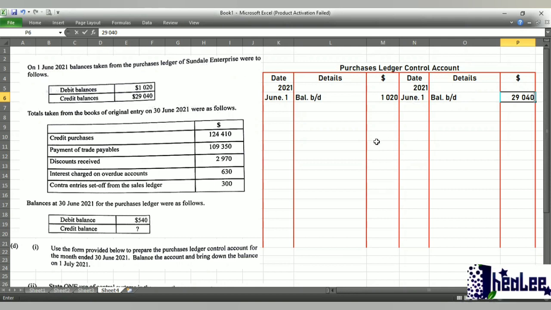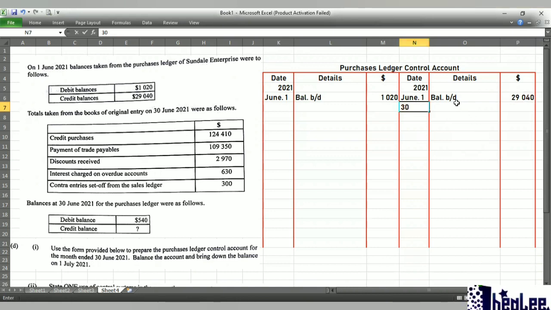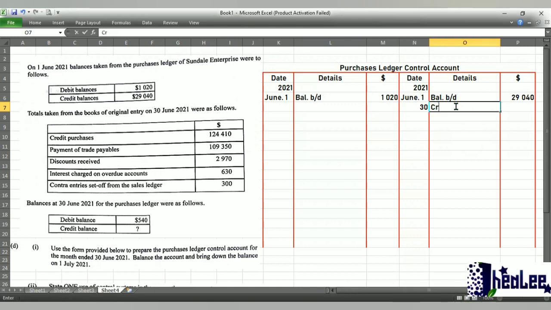Don't forget that when you're preparing the purchases ledger control, you're using that same principle as preparing your creditor's account, your supplier's account, which is a liability. Because when there is an increase, you're going to credit, and if there's a reduction, you are going to debit. So here we go. The credit purchases will result in an increase, and that is at the end of the month. Details would be credit purchases, or you could call it your purchases journal, because that is where the details would be taken from. And the amount there is